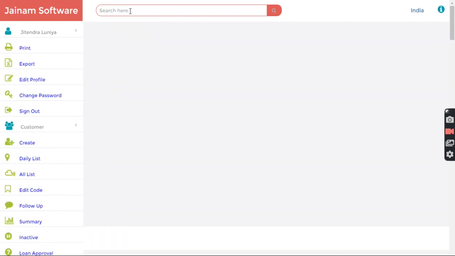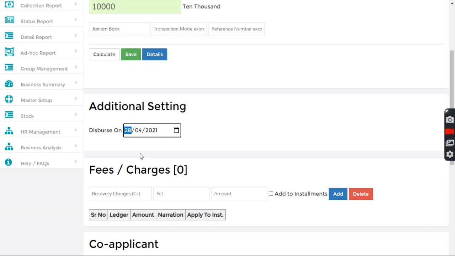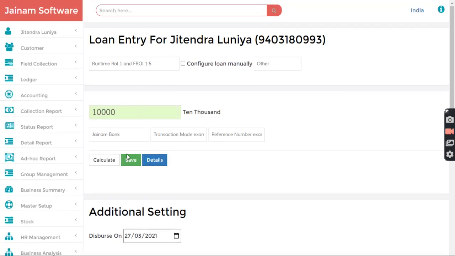Let me create one more loan. Same amount. This time I select a date but 1 day less. That means the scenario is that 1 day is over, considering today's date is 28th April. I click save.